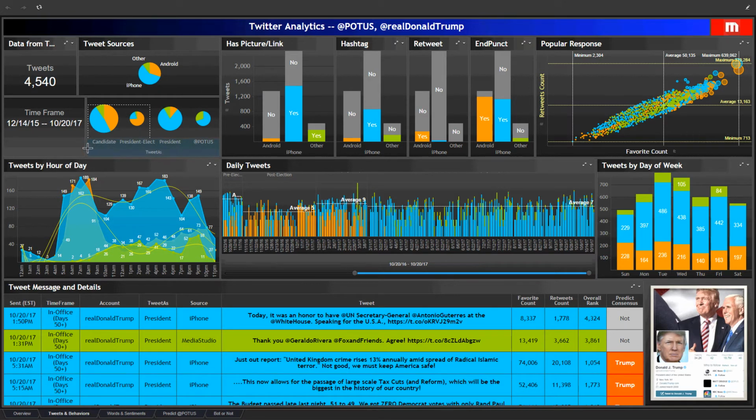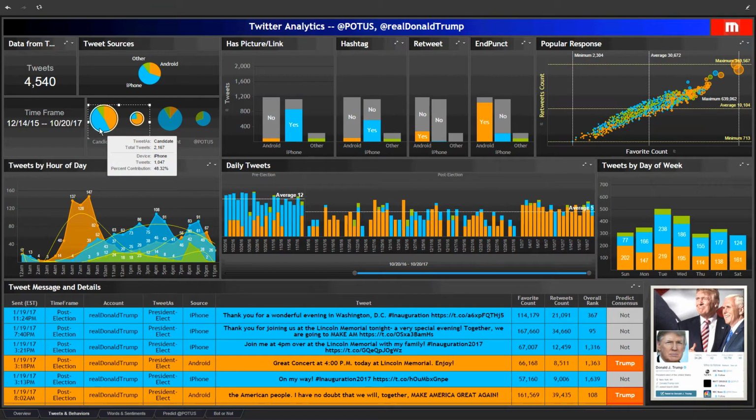If we focus first on the tweets sent during the campaign and as president-elect, some interesting patterns become visible. Given that time, about half of the 2,500 or so tweets were sourced from an iPhone in blue, slightly less from an Android in orange, and less than 10% were from other devices in green. The top tier of the dashboard is focused on behaviors we can discern from the Twitter data, and some interesting